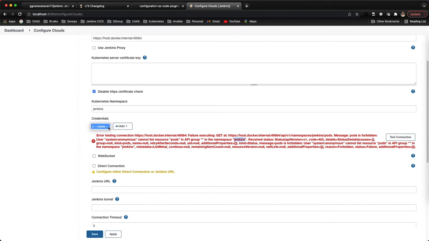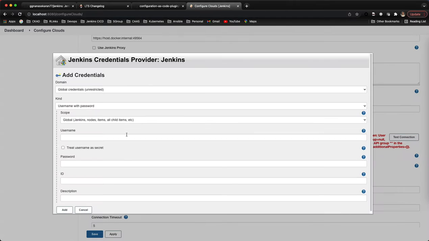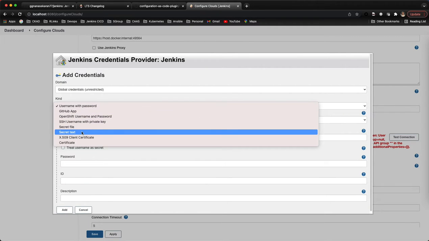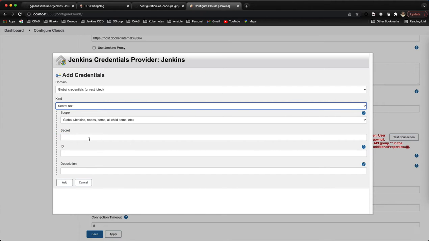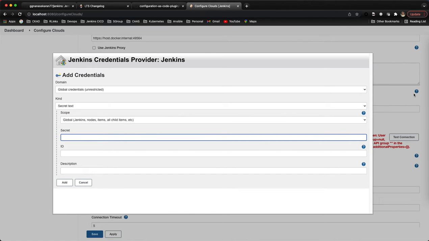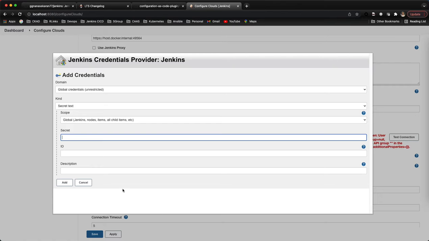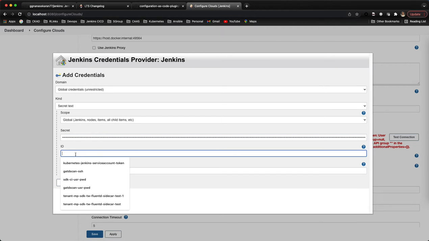Because of the authentication, let's add the secret file. This is the token we got earlier. Copy this one, paste here.